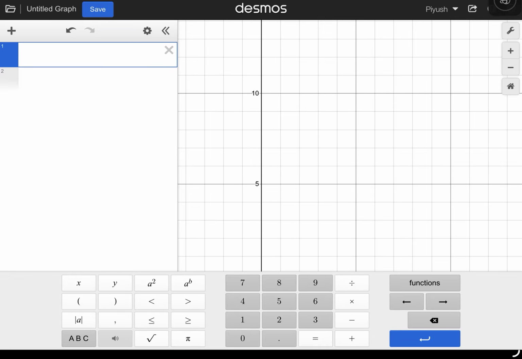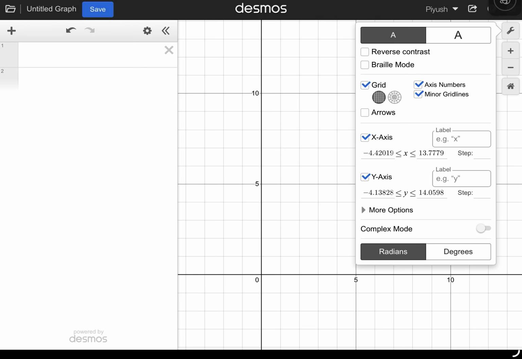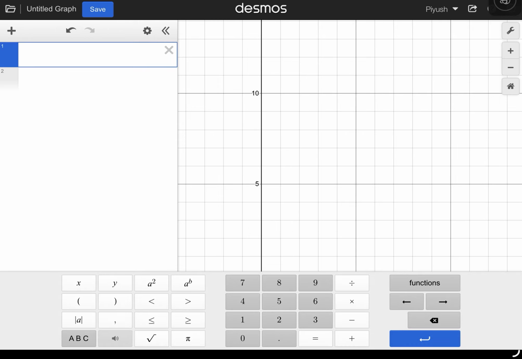But let's say you have an angle and it's given in degrees. What you're going to do is go to the top right, click on that icon of a wrench, and then change your mode from radians to degrees. Now what that allows you to do is, if you're trying to find something like sine of 30,